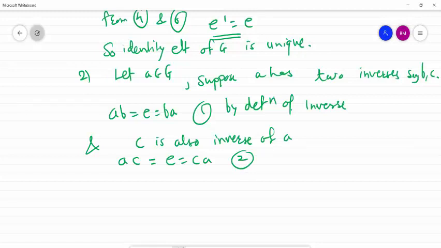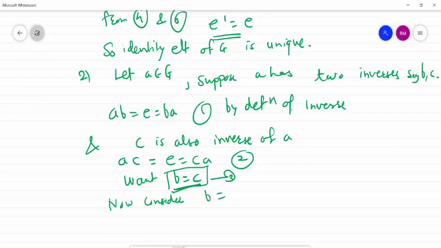Then our job is, we have considered two inverses B and C. We try to show these two inverses are not different, they are the same, meaning uniqueness will be proved. What we want is B equal to C. This we require. So we start from B. Now consider